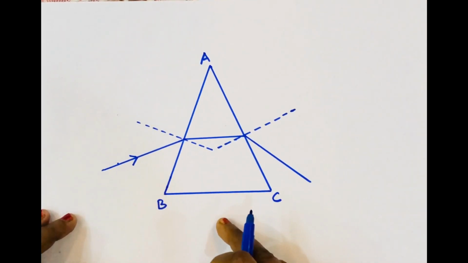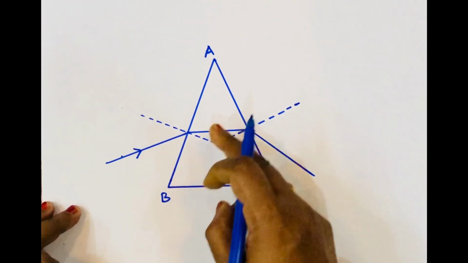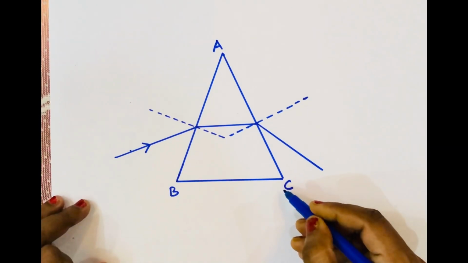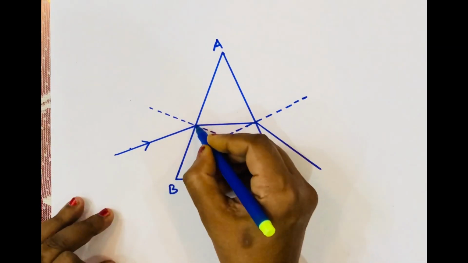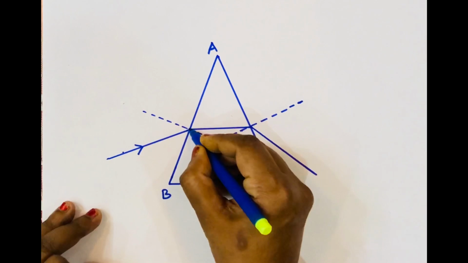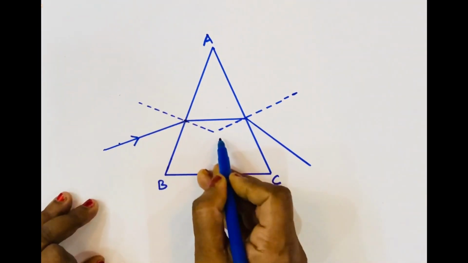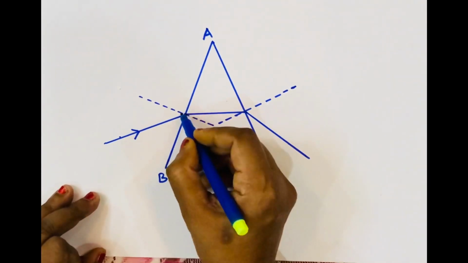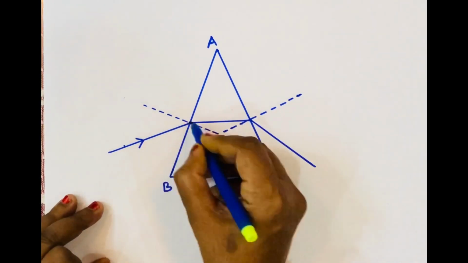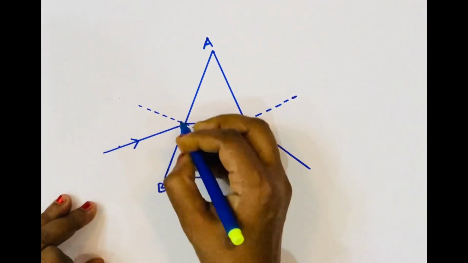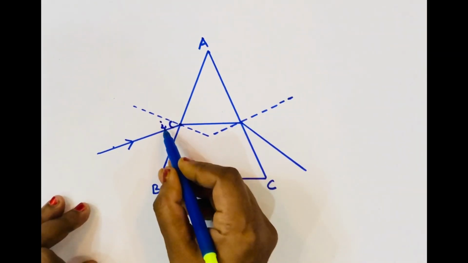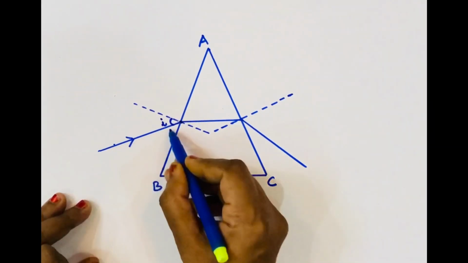As we can see here, I have drawn the outline of a triangular glass prism and labeled it as ABC. And here I have marked a point of incidence on the line AB. At this point of incidence, I have drawn a normal to the surface AB. Normal is the perpendicular to the surface AB. And later on, to this normal, I have measured the angle of incidence. So this is nothing but the angle of incidence, the angle made between the normal and the incident ray.